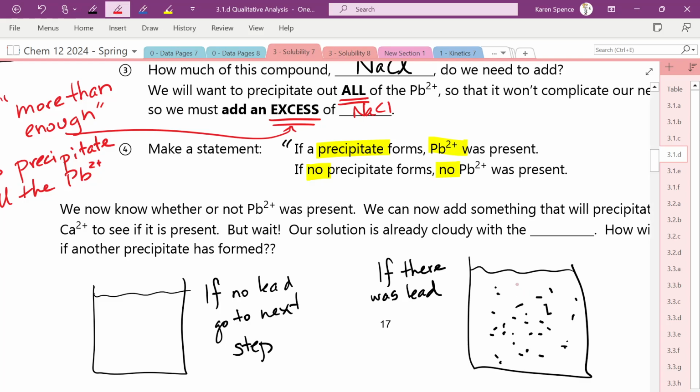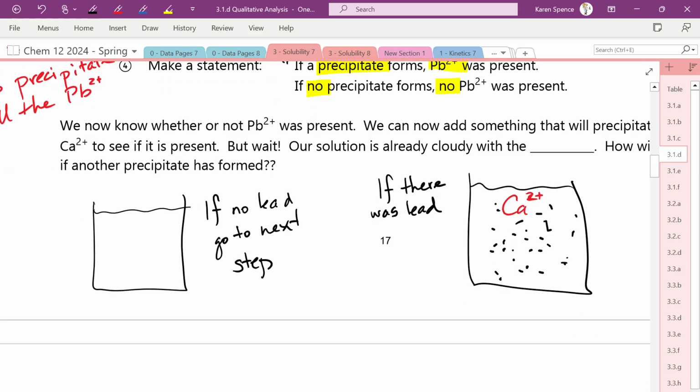And we're like, do I have calcium? If I add something to turn the calcium solid, if I precipitate the calcium while this lead chloride is still hanging about, will I know if I actually have calcium? No, because I'm like, did it get more cloudy? Or is it the same cloudiness? I just can't tell. So if there was lead, and we have PbCl2 solid,